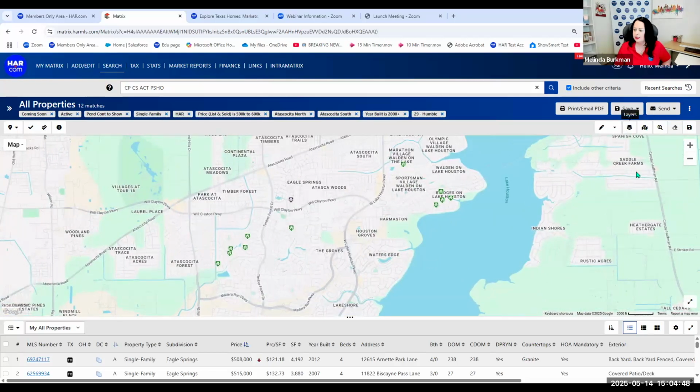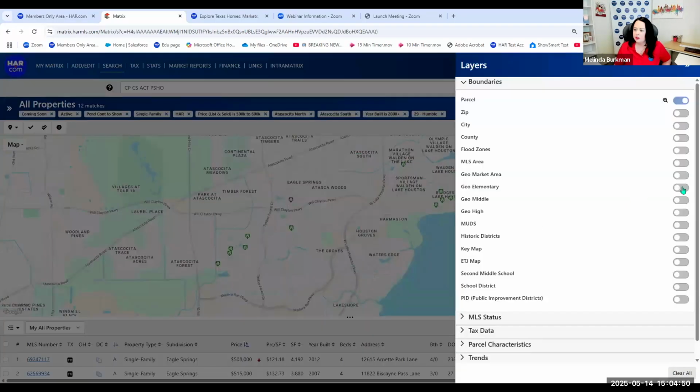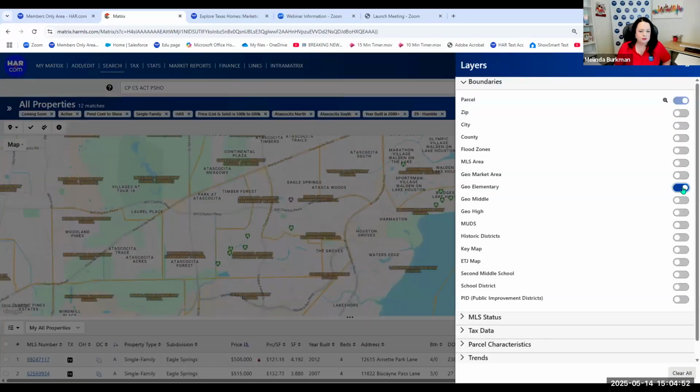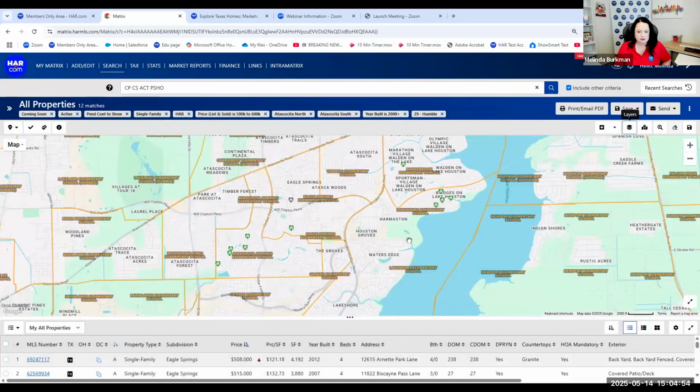See just those listings. Now show me what elementary school these listings go to. All right, so this one is Maplebrook. This one is Eagle Springs, these two. This one over here is Atascocita Springs. All right, then we've got Lakeshore Elementary over here.